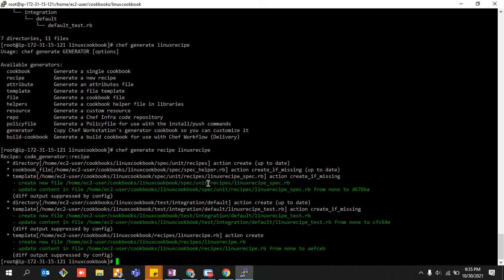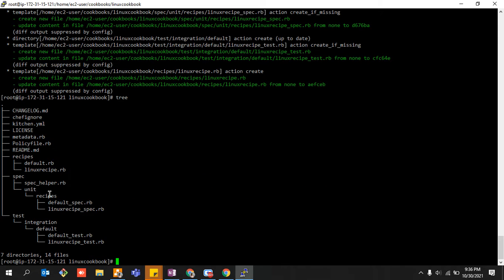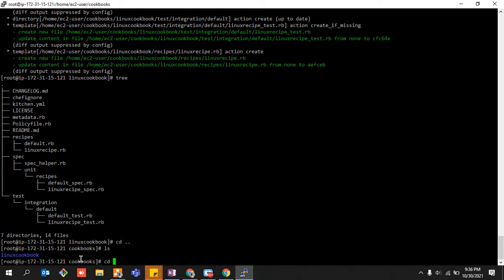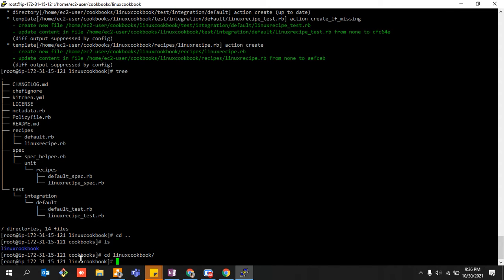So my recipe has got generated, and guys, once we know that our recipe got generated successfully, we just get out of this particular folder and back to the main cookbook. On the book for which you are doing something, you go to that particular location. So just cd dot dot, and you are in the Linux cookbook. And if you want to now write something,